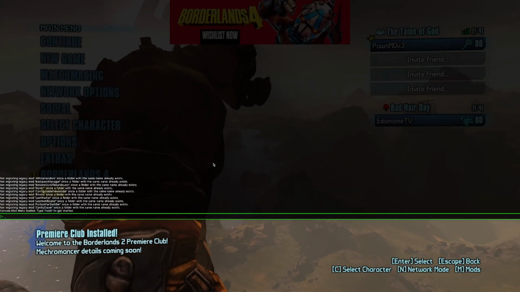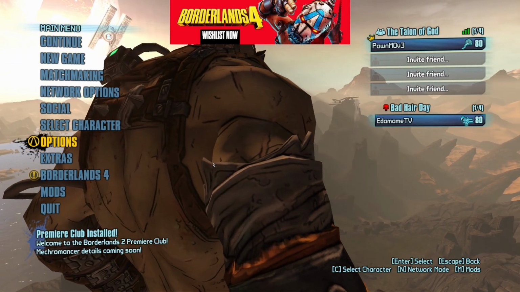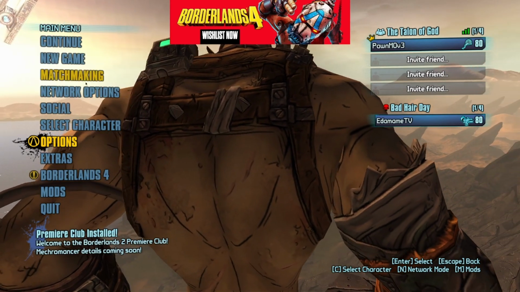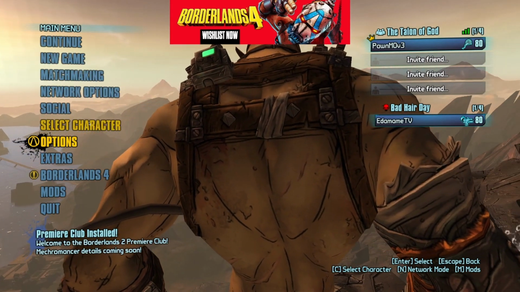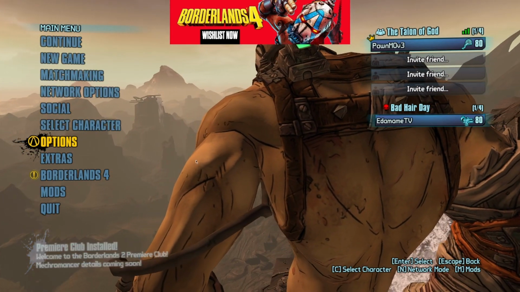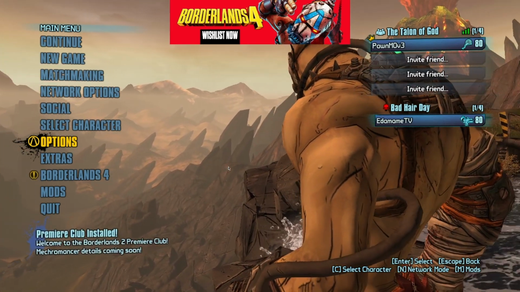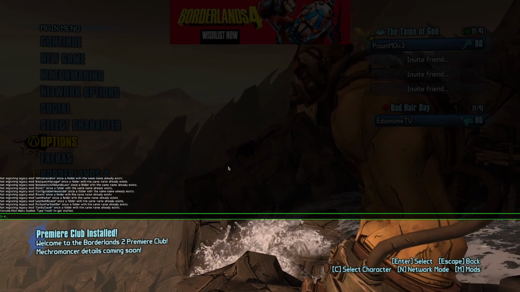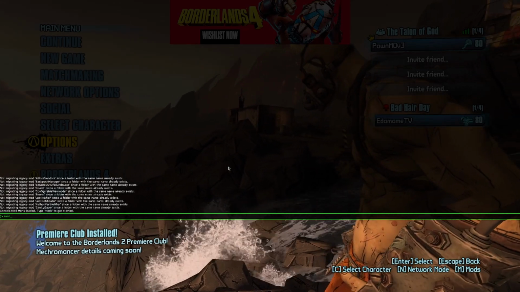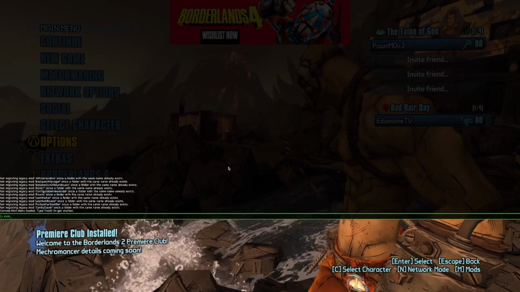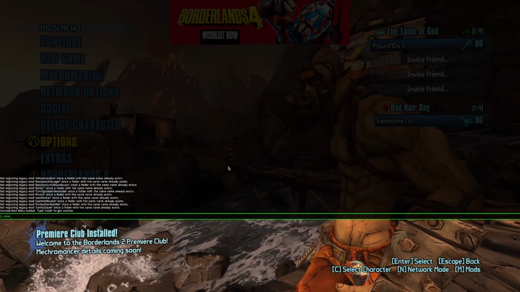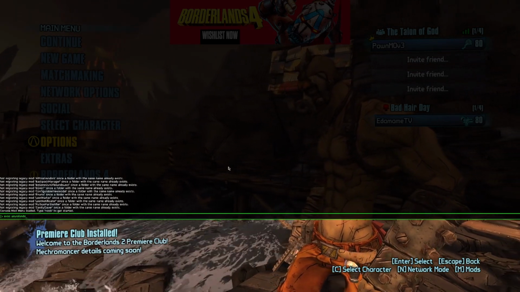Before executing the mod, you'll have to get a new character to the first checkpoint after My First Gun. Once you reach that fast travel, you're welcome to save quit and execute the mod. To execute the mod, you will need to open the console with whatever your console key is. We use tilde usually, which is below the escape key, but double check what yours is. Once you're in the console, type exec space Azurelands 2